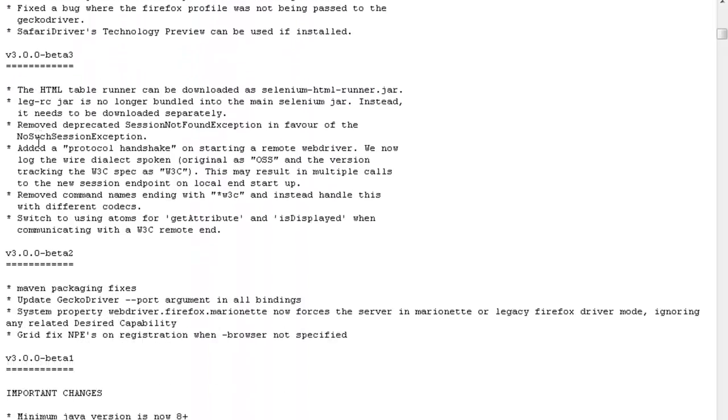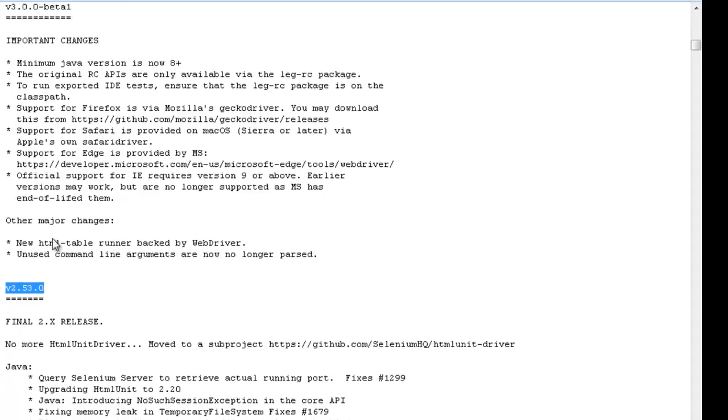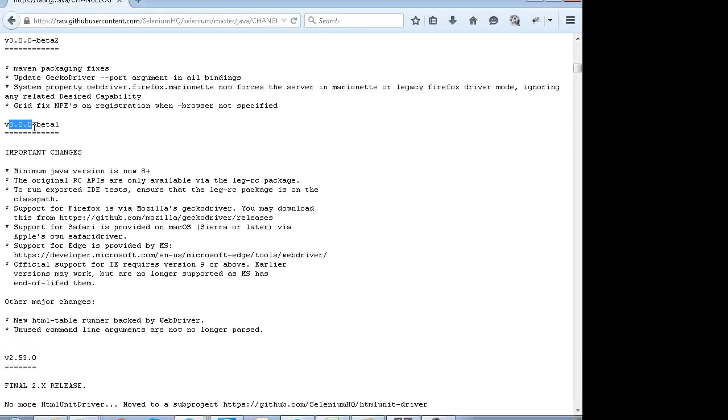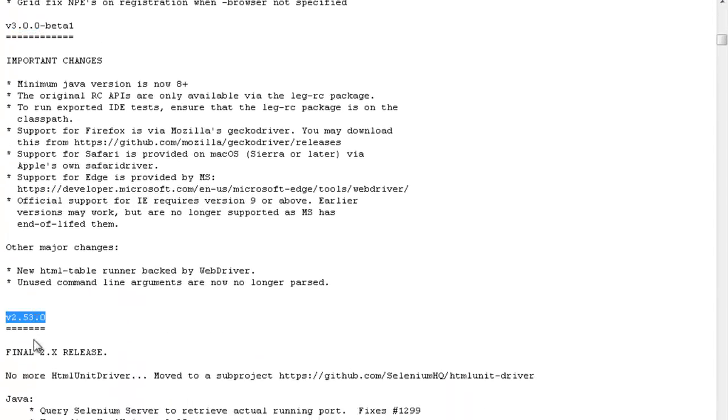If you look at the bottom, there was the version 2.53. This was the final release for Selenium, and after that 3.0 came up. Although there was not much difference. As a beginner, you will not find any difference between both of them. But 2.53 is very stable.